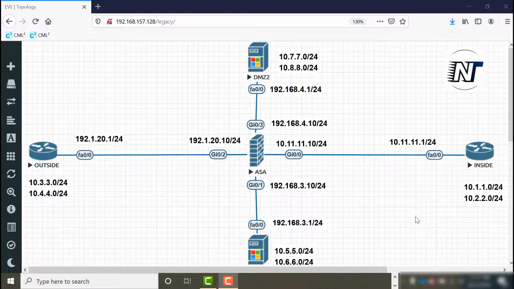Let's get started. We have already configured the IPs in our previous videos. So guys, if you missed that video, the link will be available in the description box or in the i button. You can check it out there, where we covered the basic configuration of the ASA firewall from scratch. So next, let's start today's session. Let's go to the inside network and apply OSPF over there.